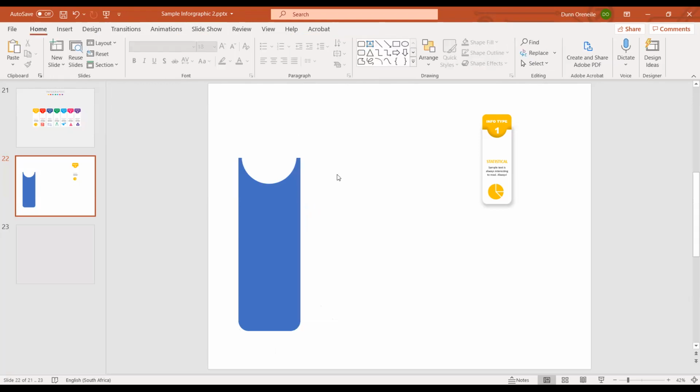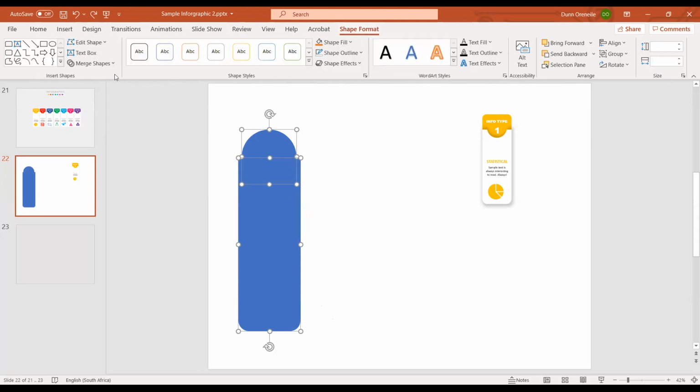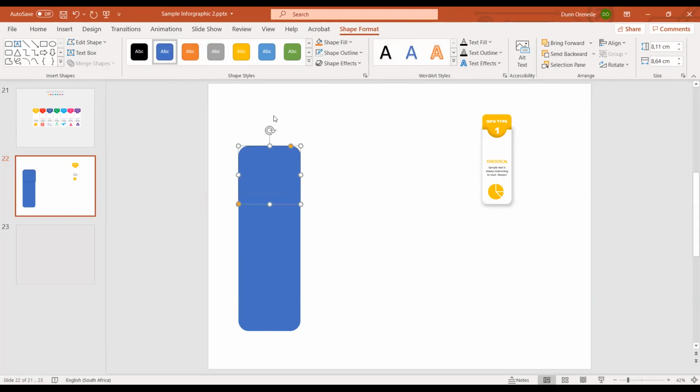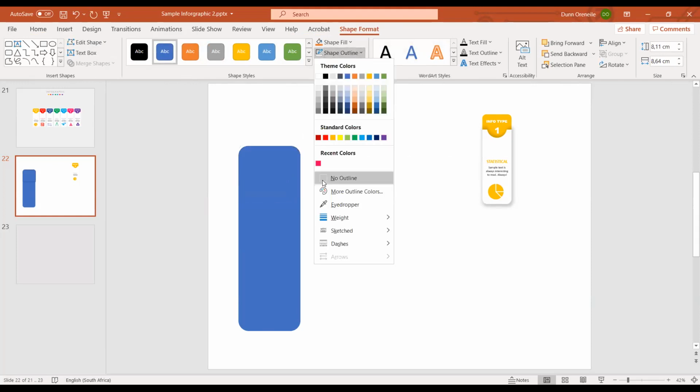Okay. So if you can, okay, let me just backtrack. I select the first shape and the second shape, and then I click on shape format, and then I will subtract the circle so that I get sort of this sort of upper shape. Then I create another rectangle similar on top of this one. Then I remove the outline,